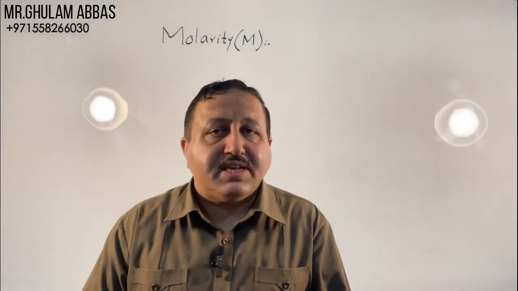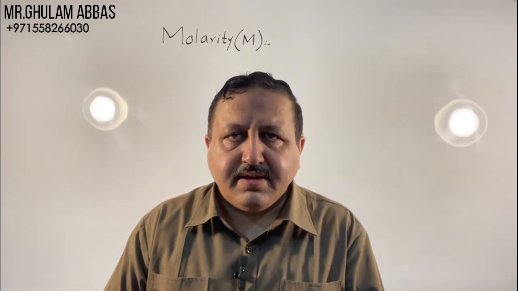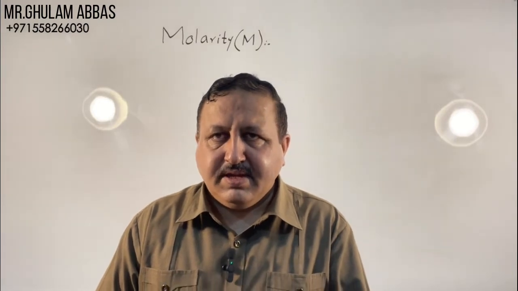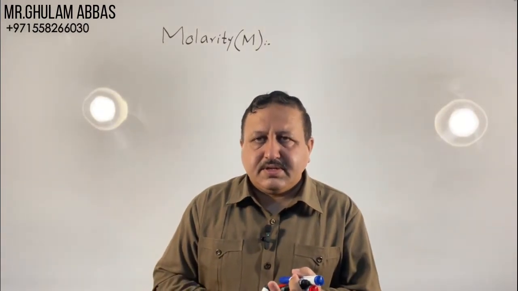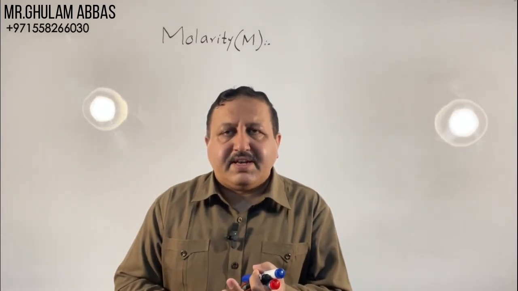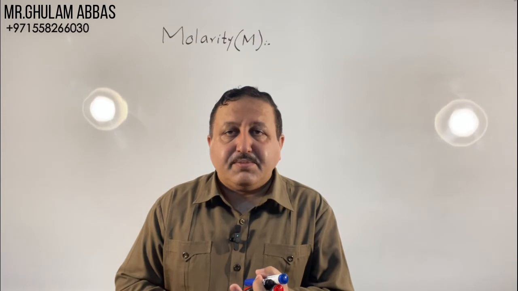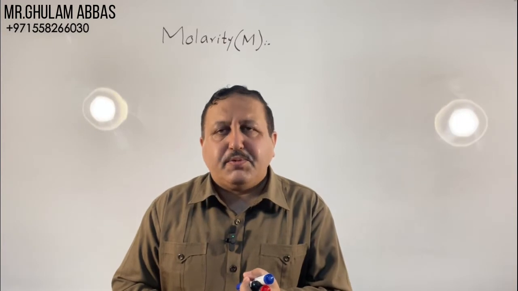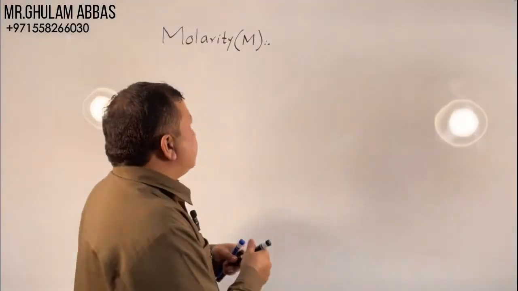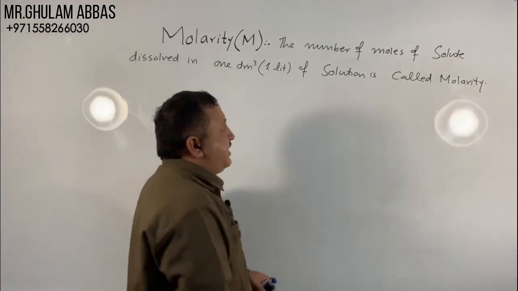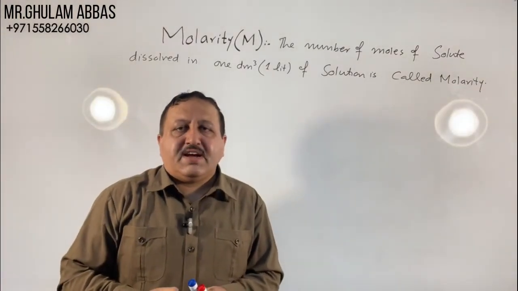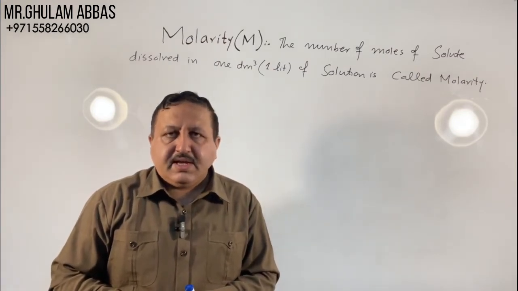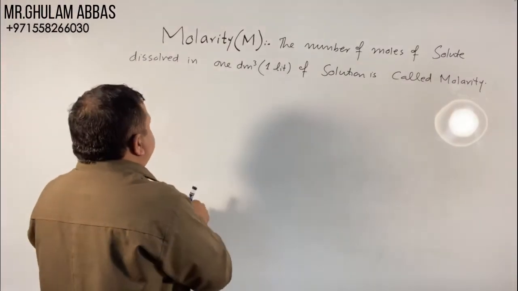How many moles of solute dissolve in 1 dm cube of solution is called molarity. If we dissolve 1 mole of solute in 1 dm cube or 1 liter of solution, this will be 1 molar. If we dissolve 0.1 mole, then it will be 0.1 molar. So this is the concept of molarity. The number of moles of solute dissolved per dm cube of solution is called molarity, and mathematically we can write it